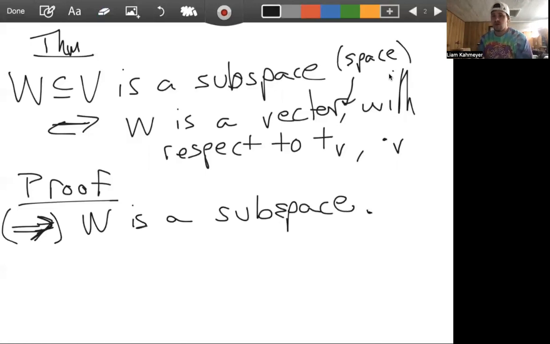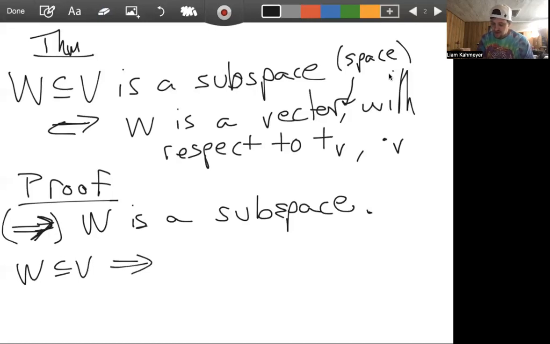What do we need to show then? To show that W is a vector space, we need to run through all the axioms of addition and scalar multiplication. Well, if W is already a subspace,